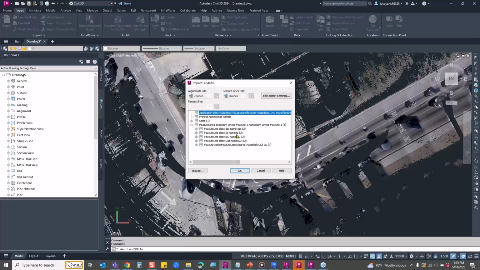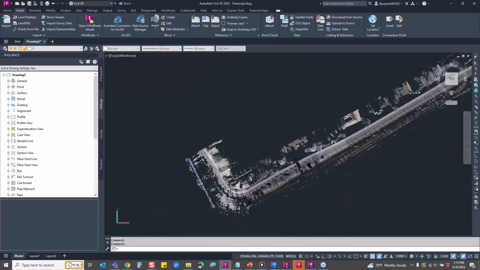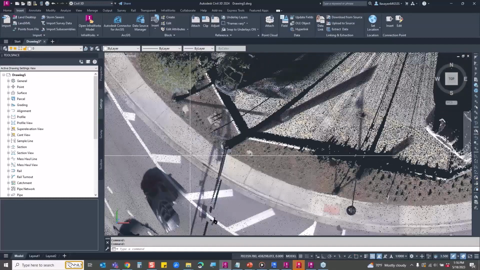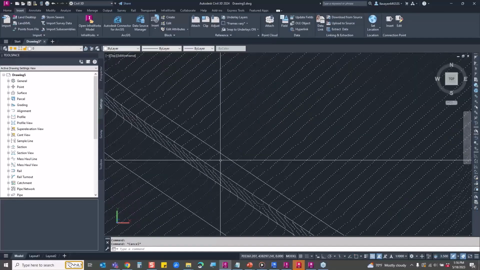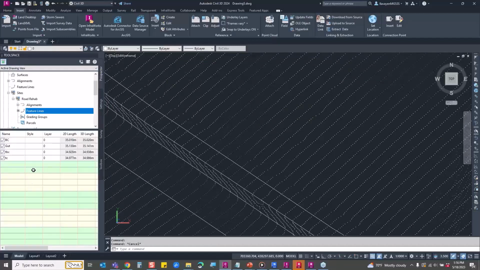It brings in feature lines for me. Has those names that I gave it, the back of curb, top of curb. I can choose not to bring any of those features in, but as I hit OK, it brings them in for me. And I can see that line work on screen here. They are feature lines. So within the software here in the settings tab, I have the road rehab, and I have the feature lines that were created for me. So there's my naming that I gave it on the cloud side